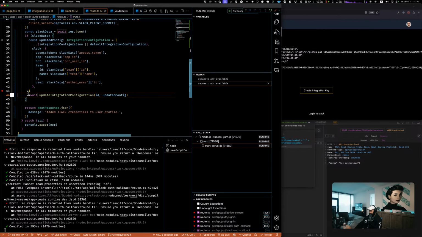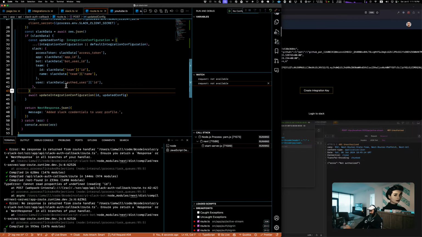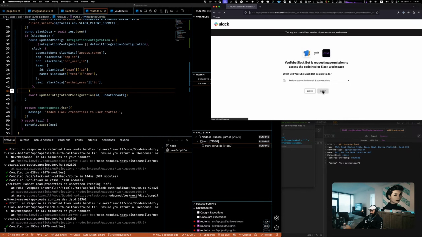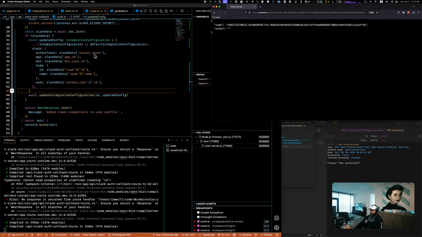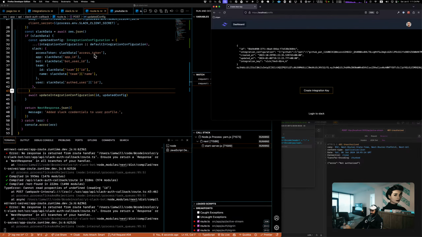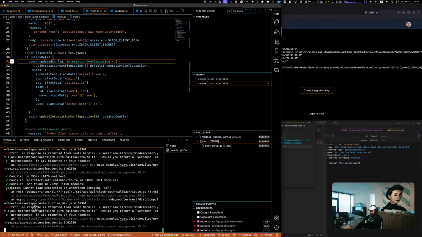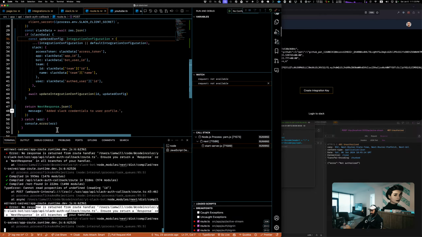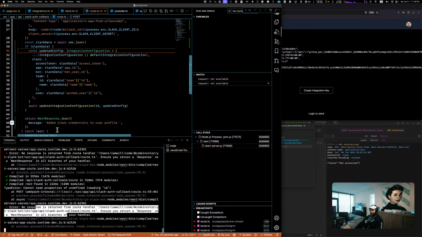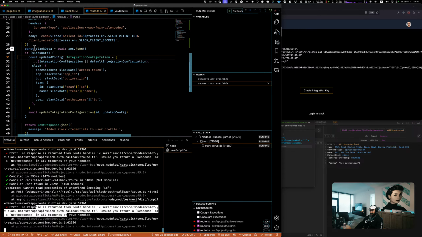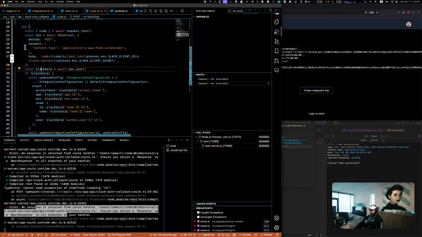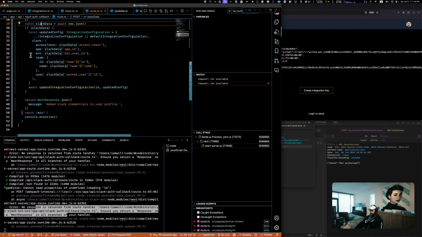Throw a breakpoint here. Remove this one. Okay, yeah, there we go. Let's try this again. Hopefully Slack's not pissed off at me for trying and failing at this several times. No responses returned. Okay. How is no response returned? I see. It's for the error case, right?